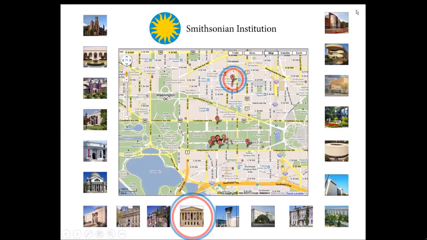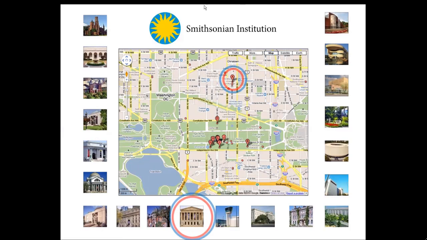Okay, so for those of you who participated in our February webinar, this will be a little bit of a review, but we're just going to quickly introduce ourselves, the Smithsonian Institution and the Smithsonian American Art Museum, which is the part we're from, before we move on. So for those of you who maybe have never visited DC or aren't as familiar with the Smithsonian, it's actually comprised of 19 different museums and galleries, as well as the National Zoo.